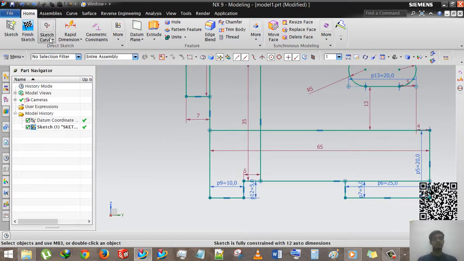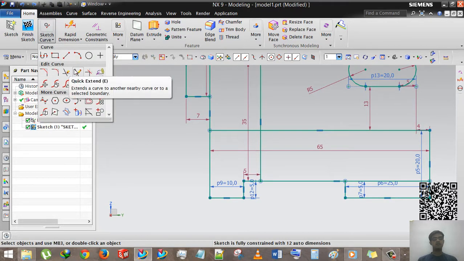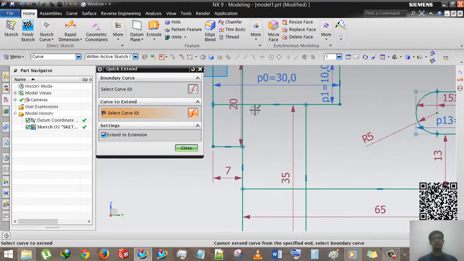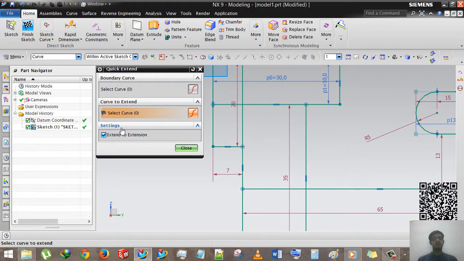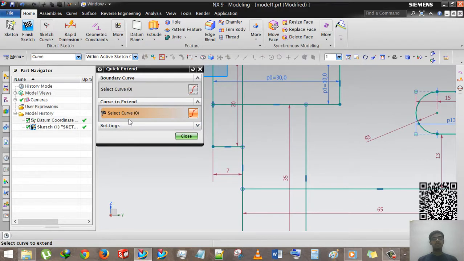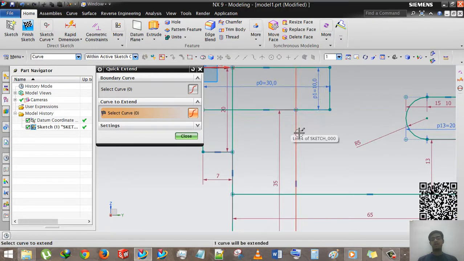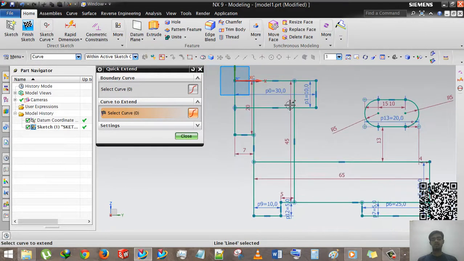So we are pressing Ctrl Z, and here is quick extend, just like quick trim; this is the opposite option of quick trim. You can press E and you will be inside the command. Okay, there are also negligible settings. Curve to extend: if I want to extend this curve up to this line or the next line, I just select line 4 and it will automatically extend.